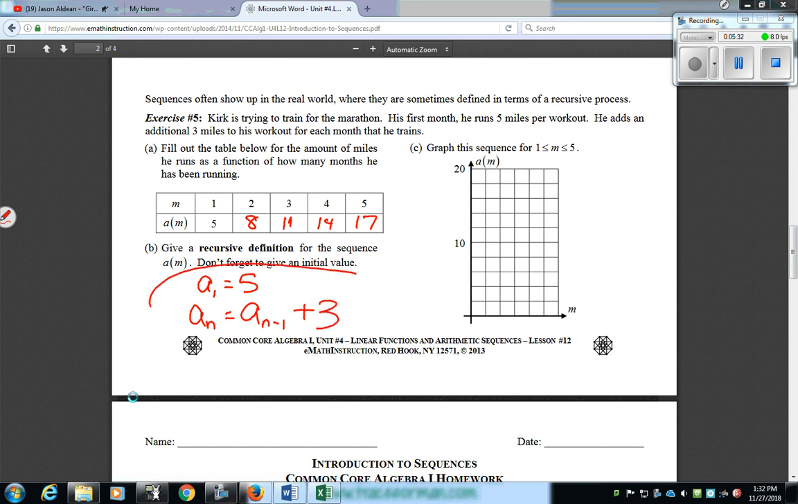So this would be your recursive definition for this. And again, there could be other ways to write it that aren't recursive, but could be accepted. Sometimes they call it an explicit formula. In that case, that would be similar to a linear function. If we did a of m, it would be 3m plus 5. So that would be your explicit formula. So if you have 3 times 2 plus 5,